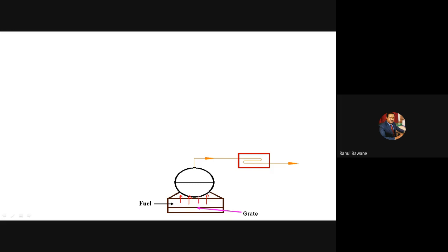So some exhaust gases carrying heat along with them are first supplied to the superheater, because that exhaust gas has the highest temperature. So the highest temperature is utilized to superheat the steam. After the superheater, where steam loses some heat,